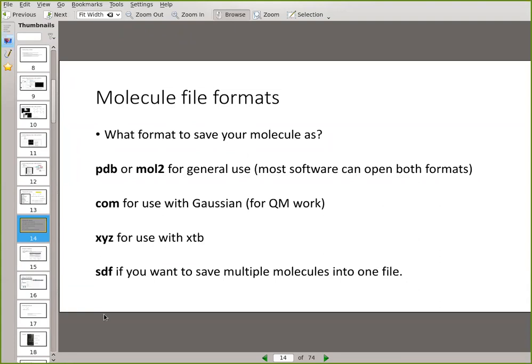And if you've got lots and lots of molecules and you want to save them in one file, if you've got 1,000 molecules in one file, I really recommend that you use the SDF file format for that. It's really for that. So please, those are molecule file formats. Okay. Now,